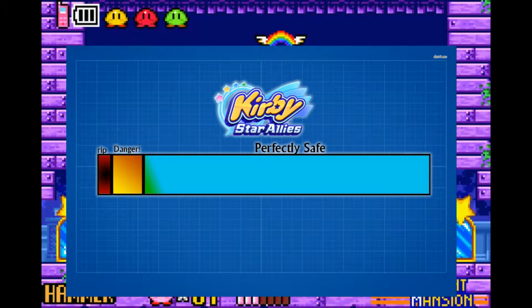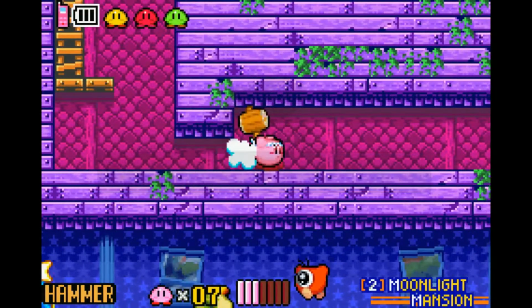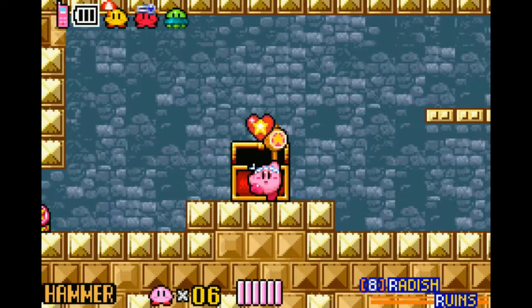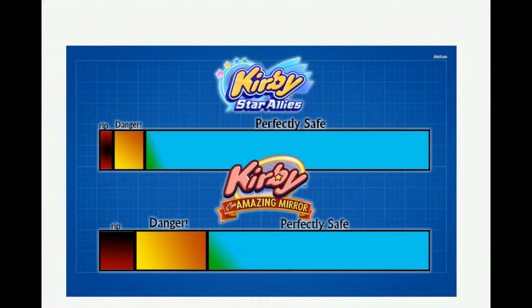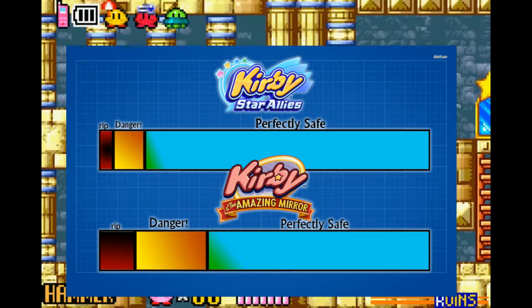In Amazing Mirror, that's kind of similar, but you have a bit more of an idea of what the risks are. Here in the start of the game, before getting extra heart containers, I can just mash through whatever, but as I progress, I can be a bit more free. But this is the stress frequency chart on Amazing Mirror, and it's always kind of high, even in perfectly fine status, because of the punishment of losing an ability and staying